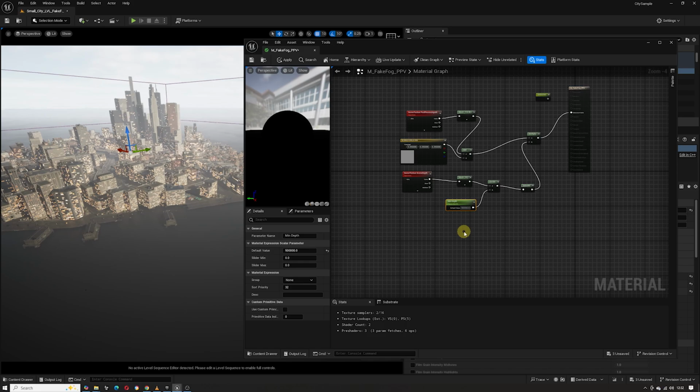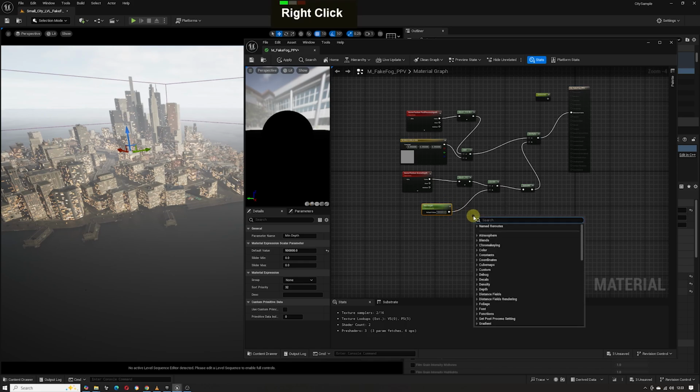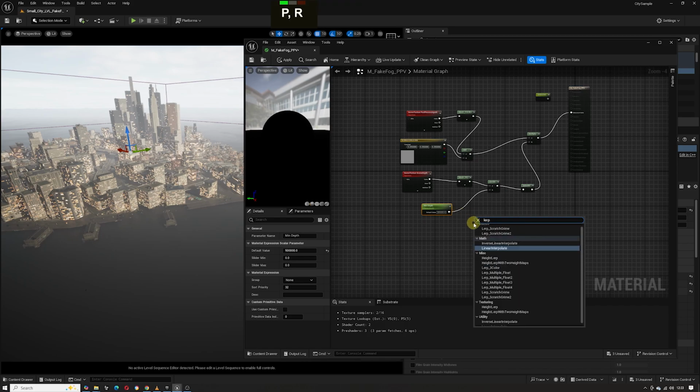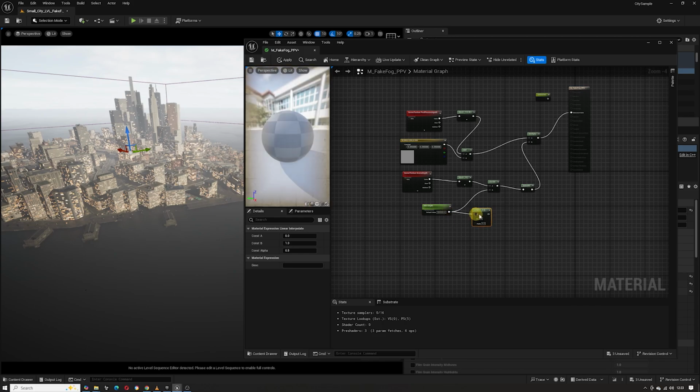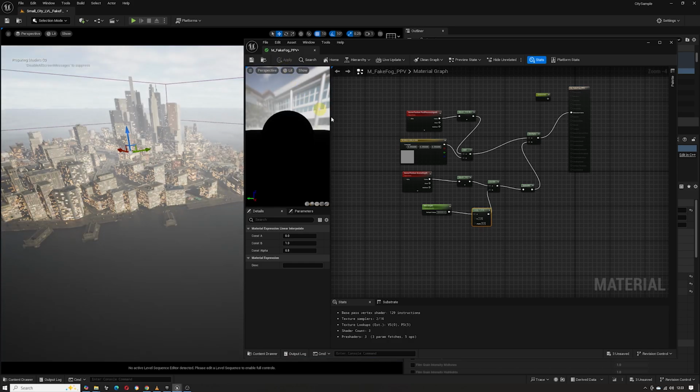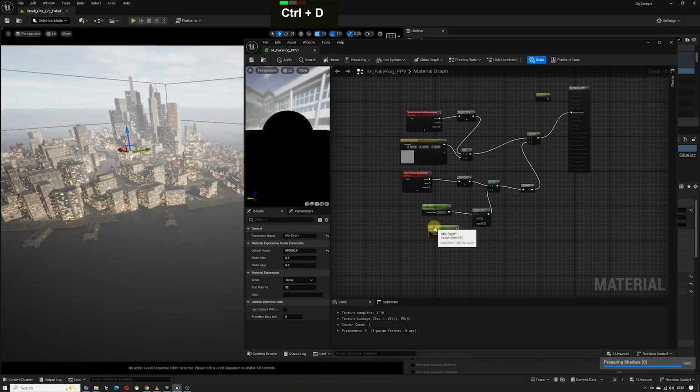And for that we could use, so we want to compare between two things. So we want the linear interpolate. We want to put that into A and then into B and just click apply just to make sure it's always working. Then I'm going to duplicate this and I want to